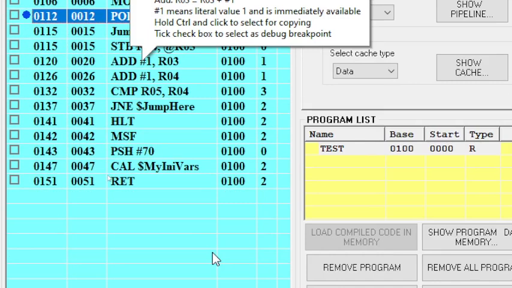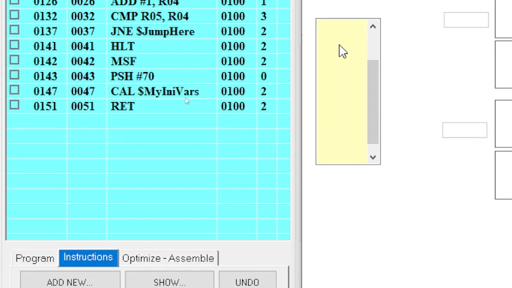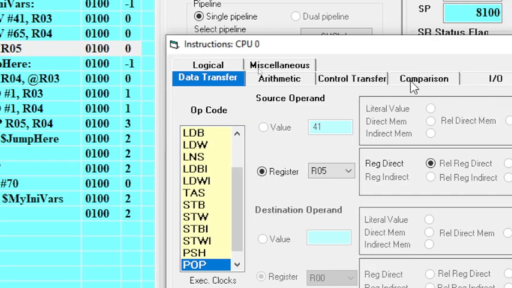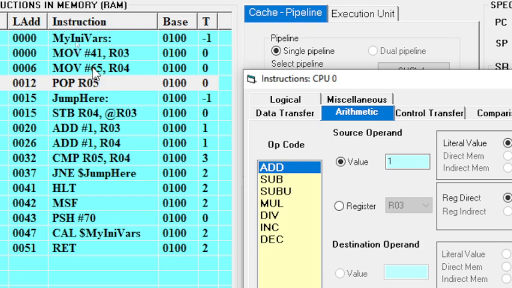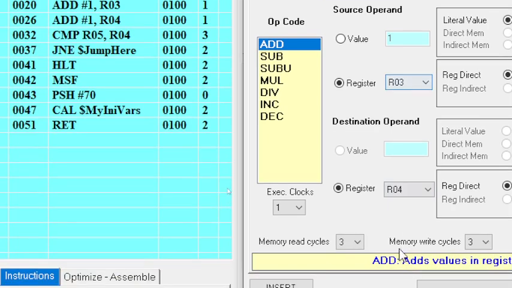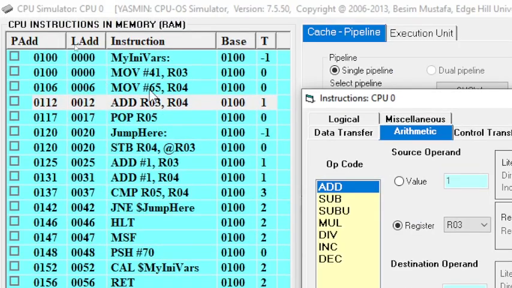So after that you change this into add. Let's insert a code here, insert above. We're going to add the 2 numbers, so we create an arithmetic to add R03 to R04. So meaning the R04 will hold the value after making the addition.